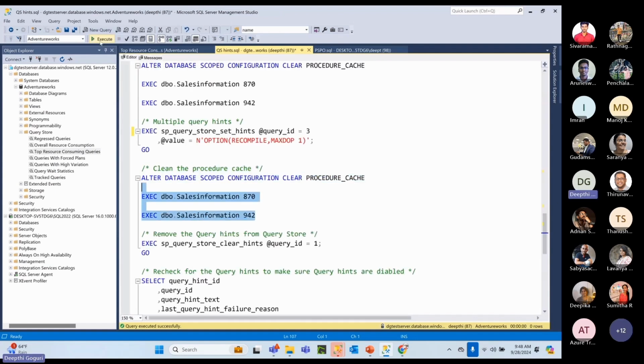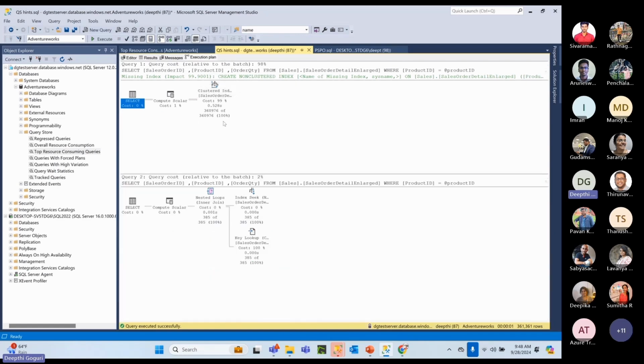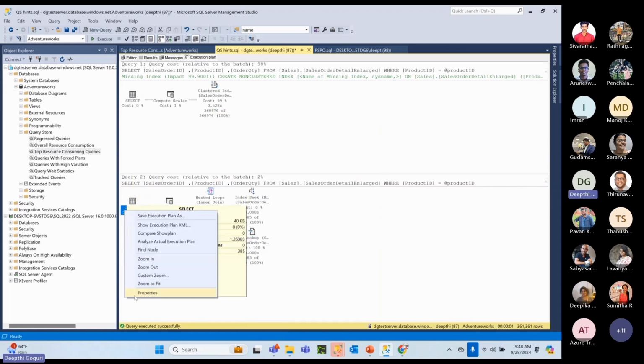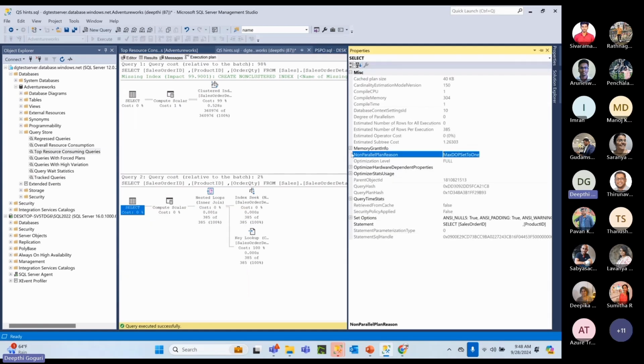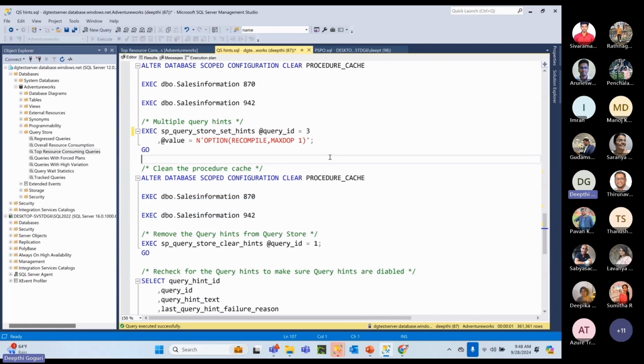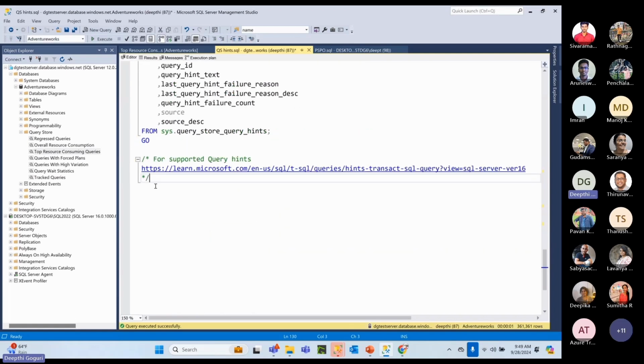Now I am executing again. This time, the execution plan will work wonderfully. The first one will use the clustered index scan. The second one is index seek and key lookup, and it also used the max top set to 1 as well. So in that way, you can see how many query store hints you can use by